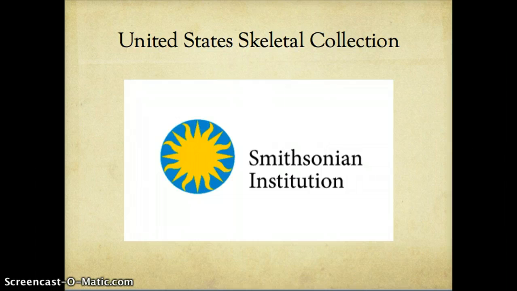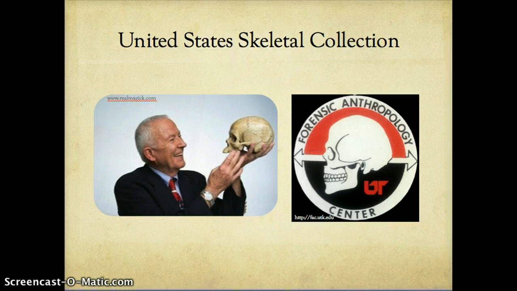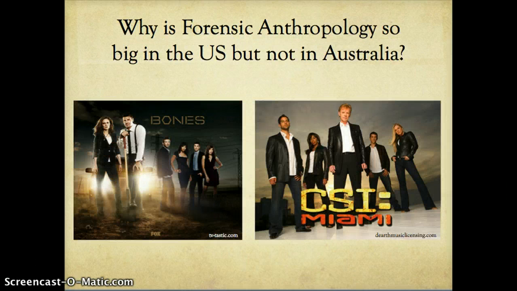The Robert K. Terry Anatomical Collection is housed in the Smithsonian Institution and is the most intensively studied research collection. There are 1,700 individuals now in this collection, which was assembled between 1898 and 1967. The second collection is the University of Tennessee William M. Bass Donated Skeletal Collection, which reflects the present-day American population. This collection holds 750 donated skeletons and is continuously growing.